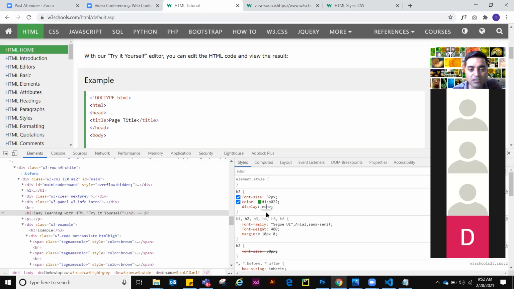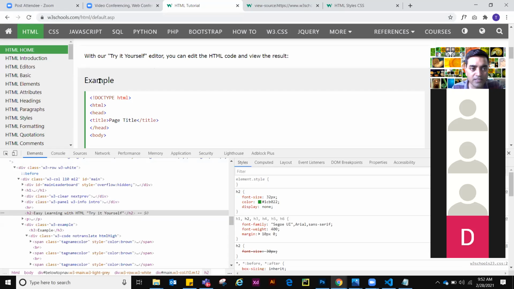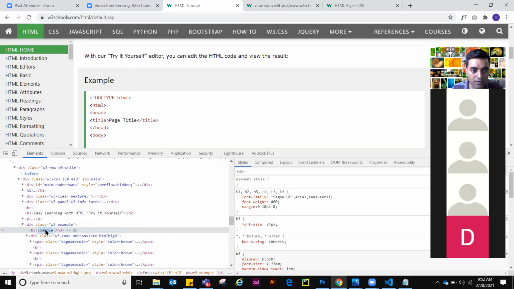You refresh. I have changed it, say display none. I have done it display none. So now this is not visible, or I can do whatever I like. Suppose instead of this example, I am changing it. See this example.